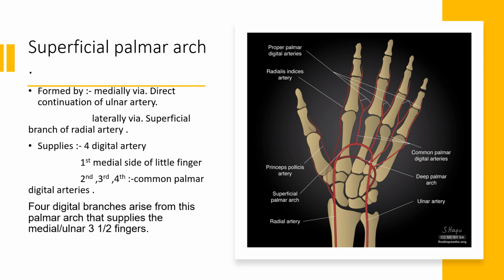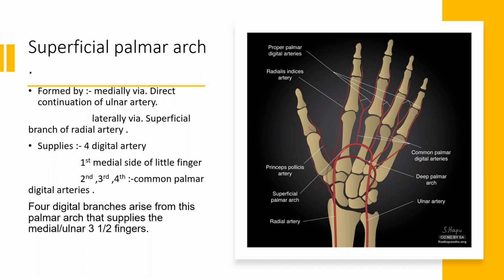It supplies the medial side of the small finger, and the second, third, and fourth common palmar digital arteries. Four digital branches arise from this palmar arch that supply the medial three and a half fingers. So as you can see in this diagram,